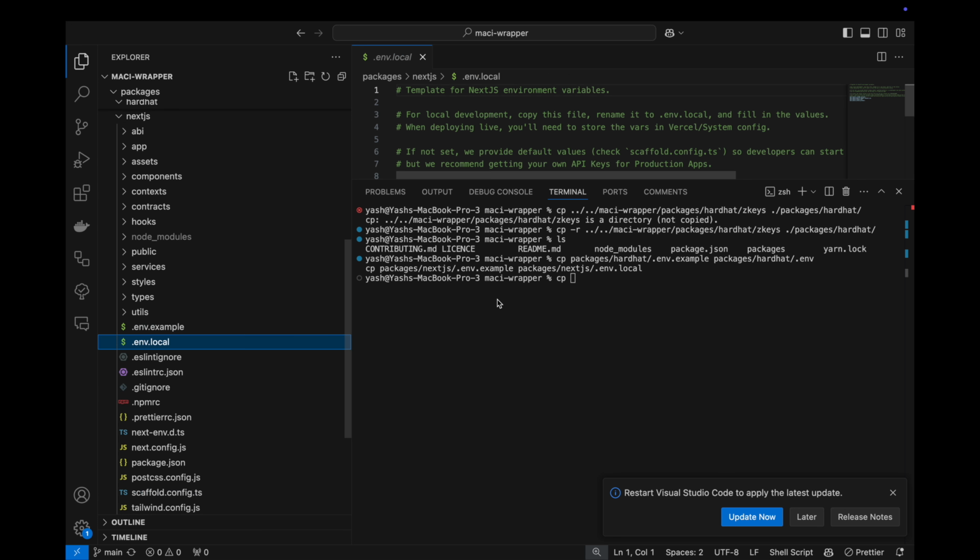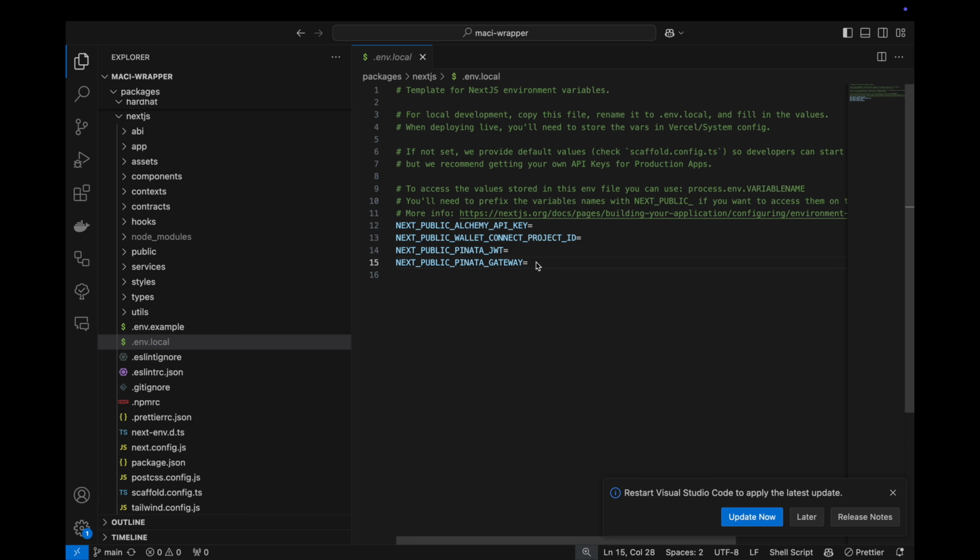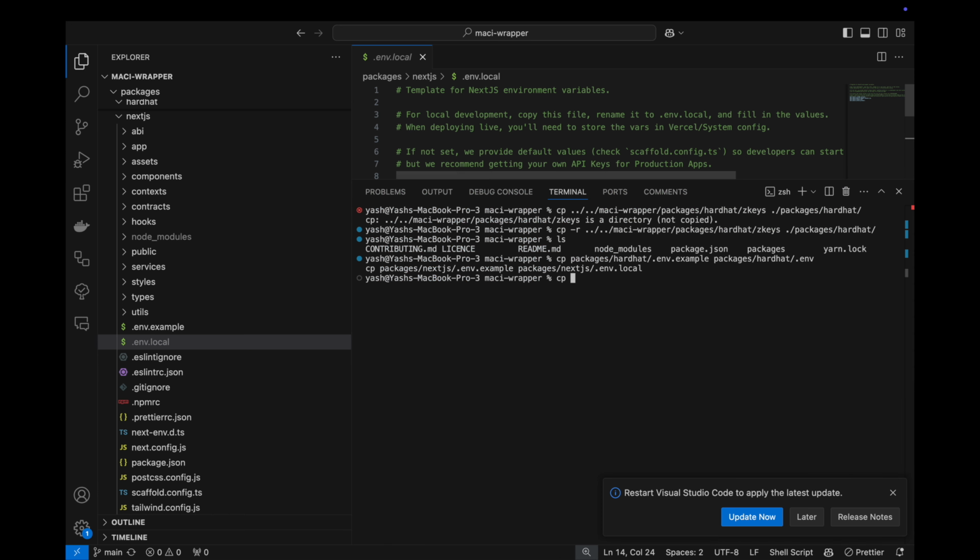Basically, if we go to the environment local file, we will need to set up a Pinata account and set up the Pinata gateway and get the JWT from Pinata and paste it here. Those are the two variables which would be needed. Apart from that, if you add the Alchemy API key and Wallet Connect project ID, that would be great, but that's not needed. So I'll just copy my previous file,